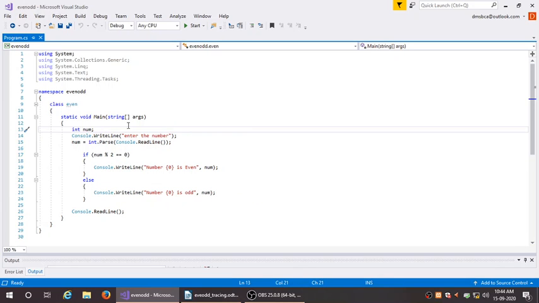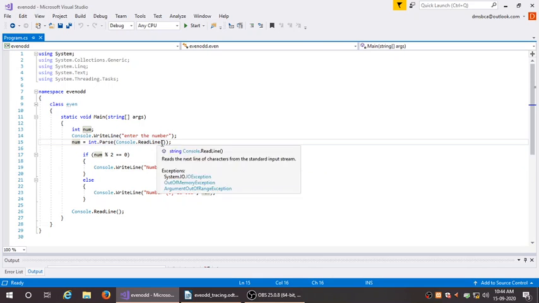After we print the message Enter the number, we have to enter the number on the console, read that input value and store it in a variable. For that we use num is equal to int.Parse, in brackets Console.ReadLine.